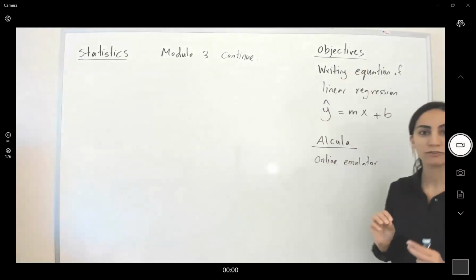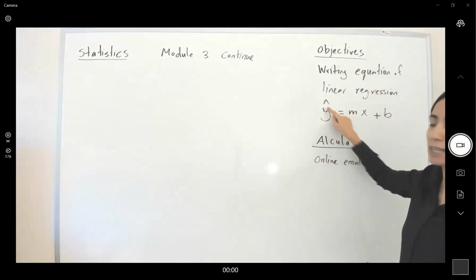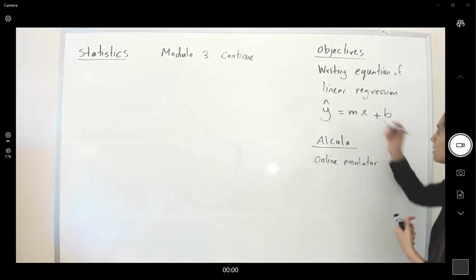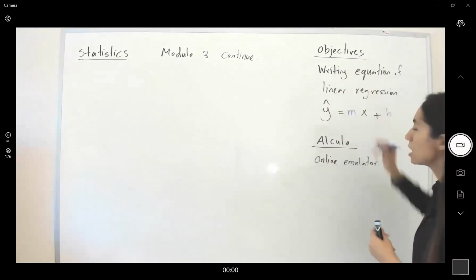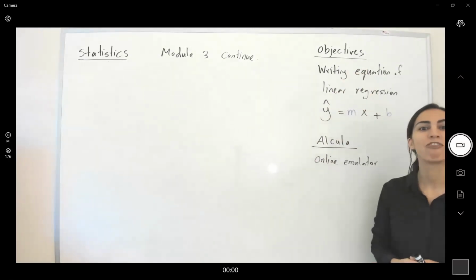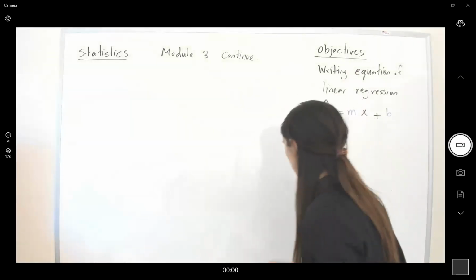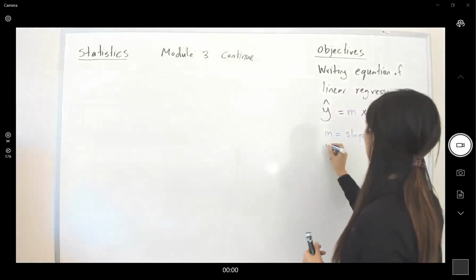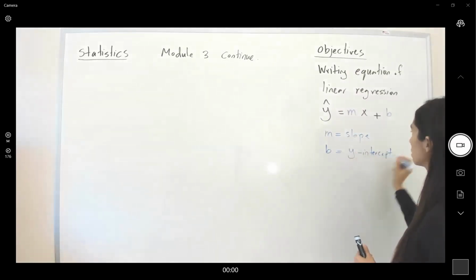Remember that for the regression line, we use y, we put a little hat on top of it, and we say y hat is equal to mx plus b. Remember that m is a constant, b is also a constant. These are just numbers. m is called the slope of the line, and b is called the y-intercept. We're going to talk about this information today,